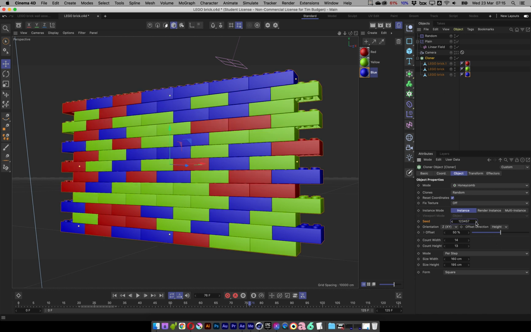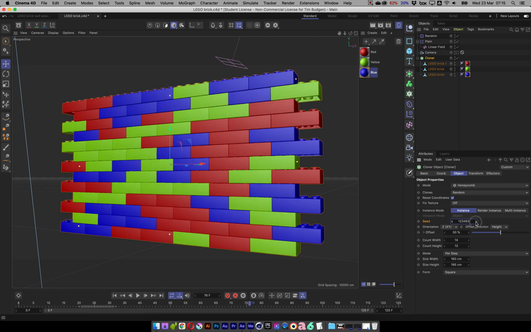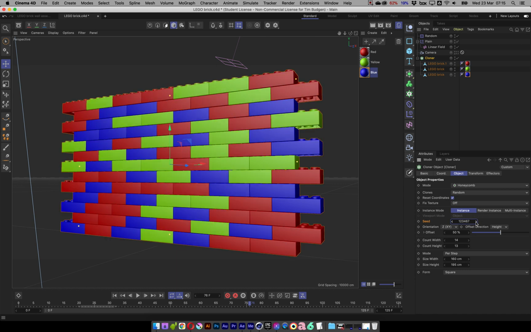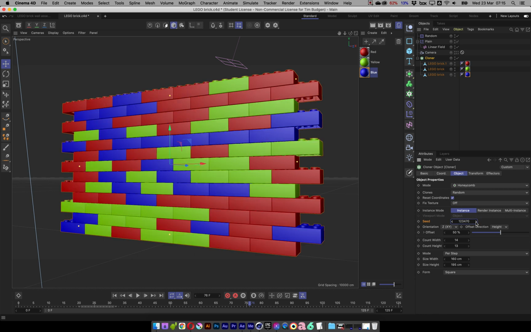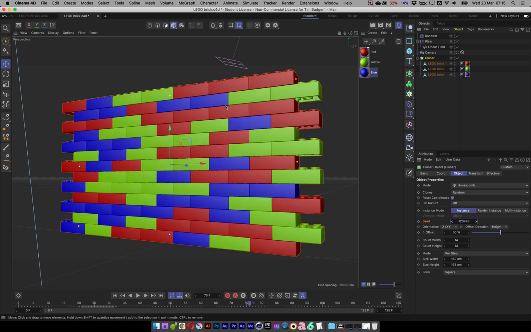And if we change the seed, you'll get different types of random patterns. So this can be quite useful if you do want something random, but you're not entirely happy with the randomness that you've got, and you might want to change it. Another thing that you can do with this cloner system by using multiple clones in it, you could, for example,